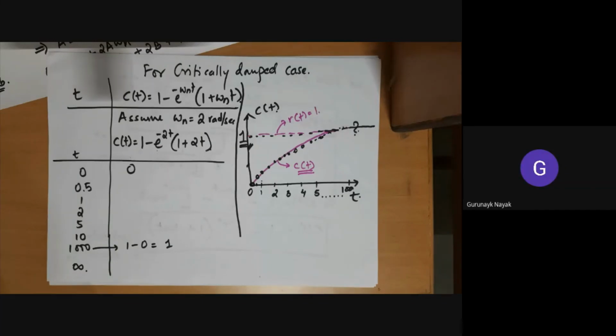So now we are convinced that at the background of the software, this is what goes, this tabular column. Whenever I write the step response for this particular system, at the background it will automatically make a column or calculate Laplace inverse and substitute zeta and omega and make a table and plot it. That's what is written at the backside of the function. Is it clear? Any doubts, any queries? So next job is to show this for the other 3 cases, that is to find C of t for other cases. And it is obviously not the same as this, because we have complex, real, different, imaginary roots. So there is a different